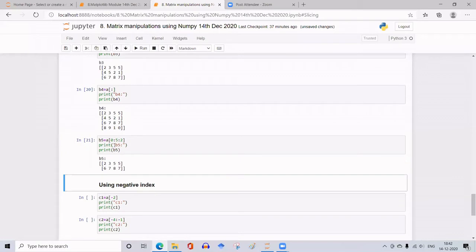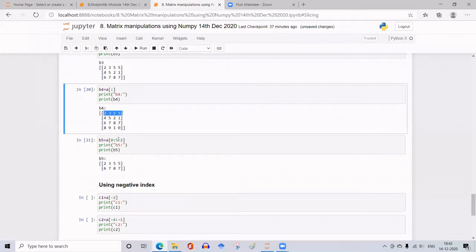So starting index is 0, so the first one it has printed. Then ending index is 5, but it has to be in steps of 2. So after picking up the 0th one, next one is 6, 7, 8, 7, and then no more rows exist. So it has taken 2, 3, 5, 5 and 6, 7, 8, 7 and formed the new matrix B5.